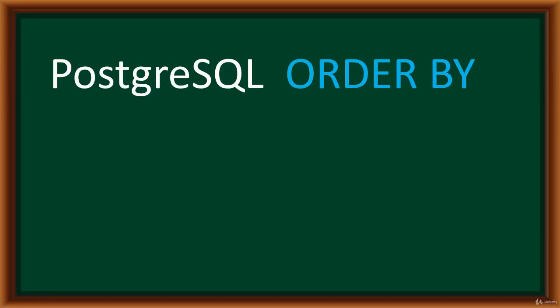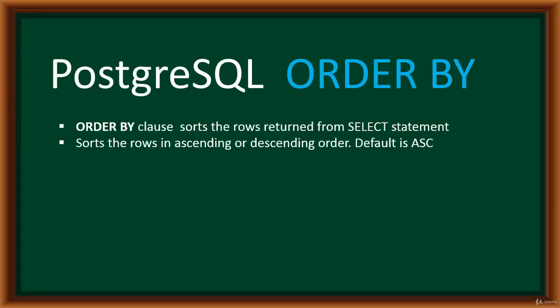So basically, the ORDER BY clause allows you to sort the rows returned from a select statement, and it does this in ascending or descending order based on the criteria you have specified. So the main purpose of the ORDER BY clause is to sort the data that has been returned from a select statement, and you can specify